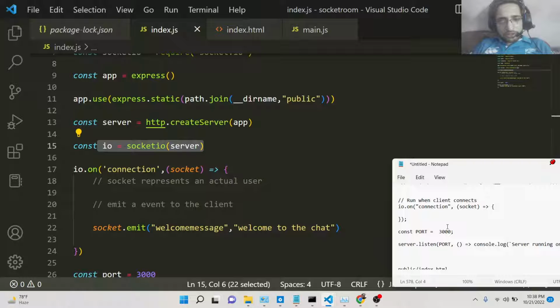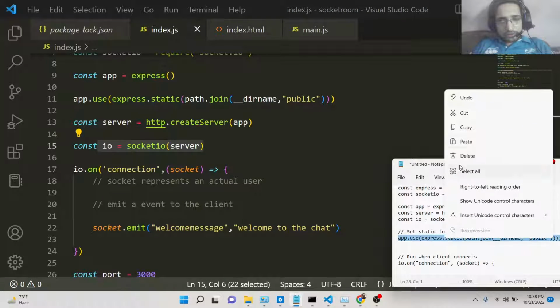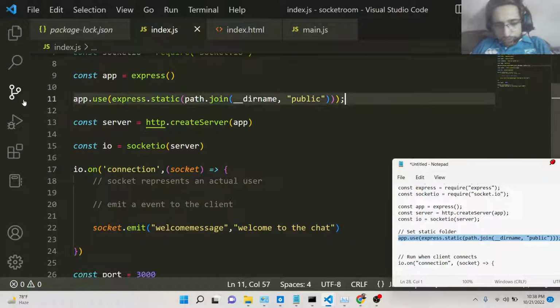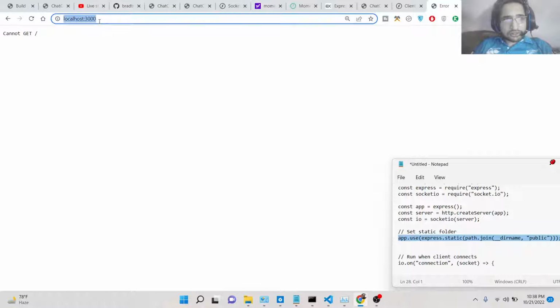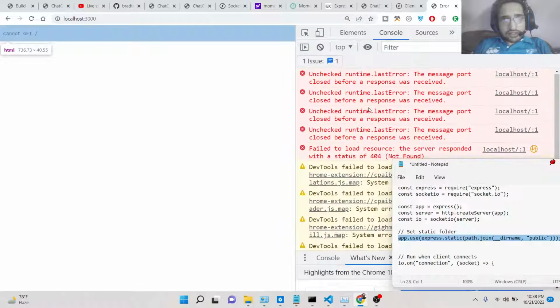So it is stored inside the public folder, and let me write this line once again. This is a very important line, guys. Basically this is making this directory static, so that when we load the page, so what it's saying that